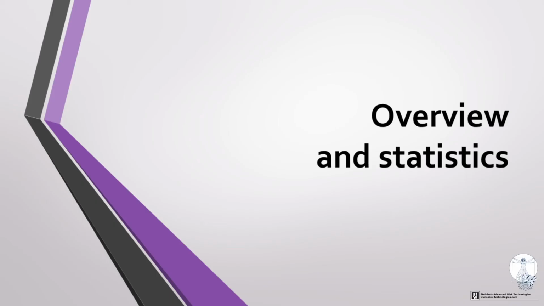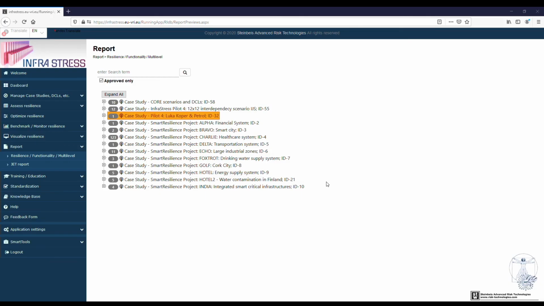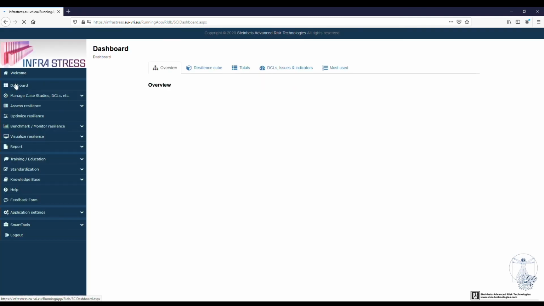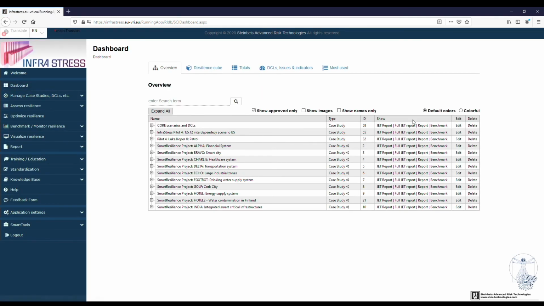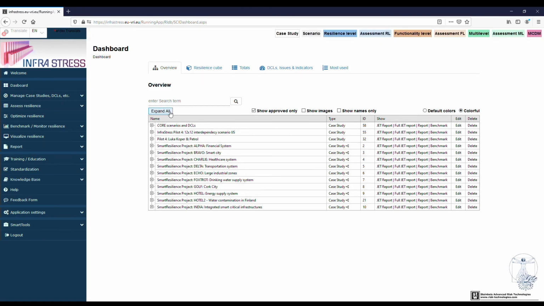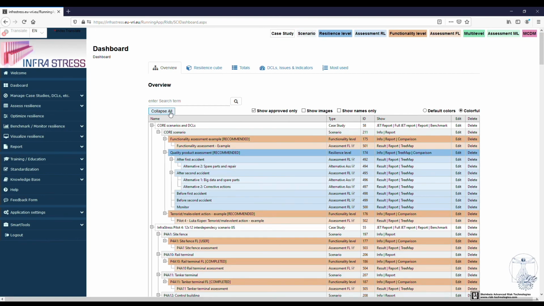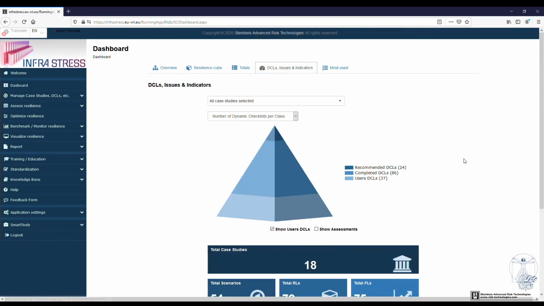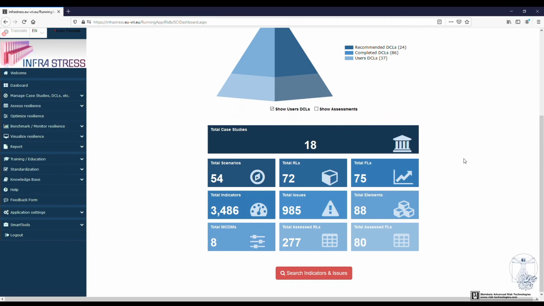Overview and statistics. From the dashboard of the tool, within the Overview tab, the user can access two most commonly used options, such as editing elements of the structure, from the case study to the assessment, benchmarking, tree map, reports, etc. Here the user can also look at several different statistics, such as in the DCLs, Issues and Indicators tab, the total number of all elements used for one or more case studies,